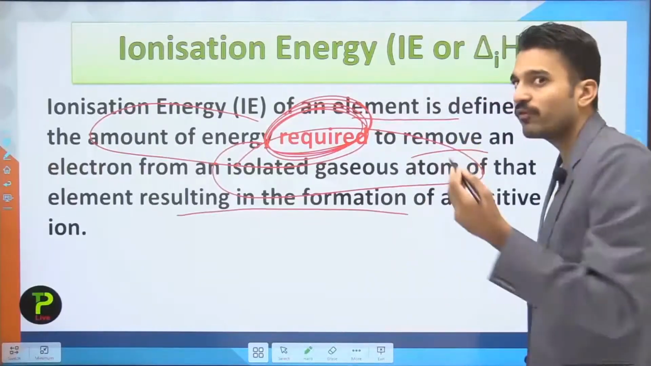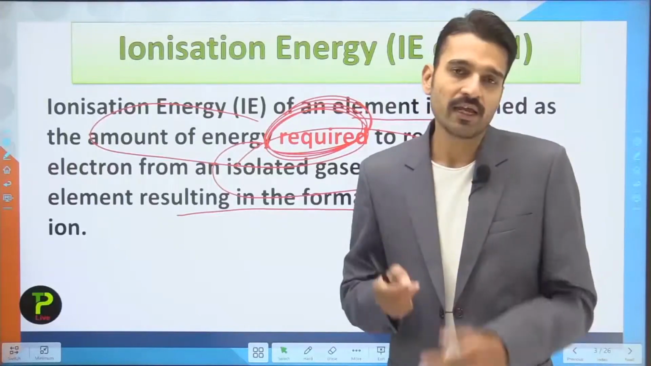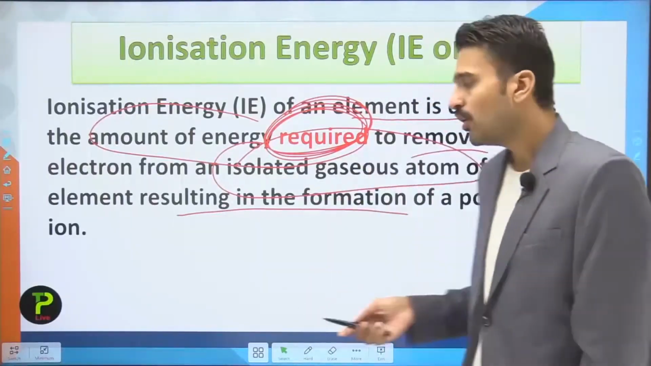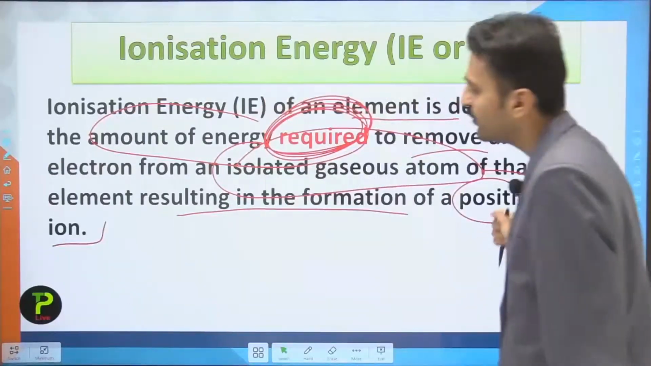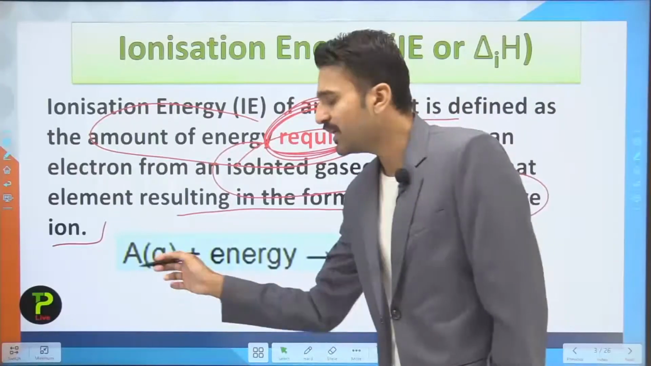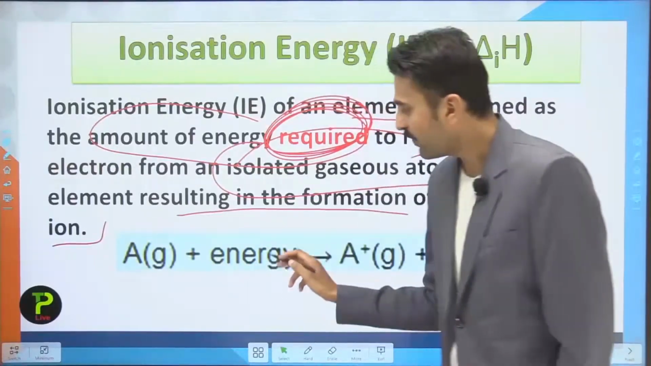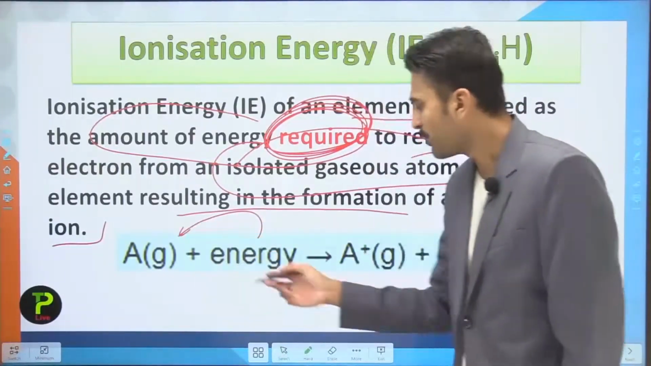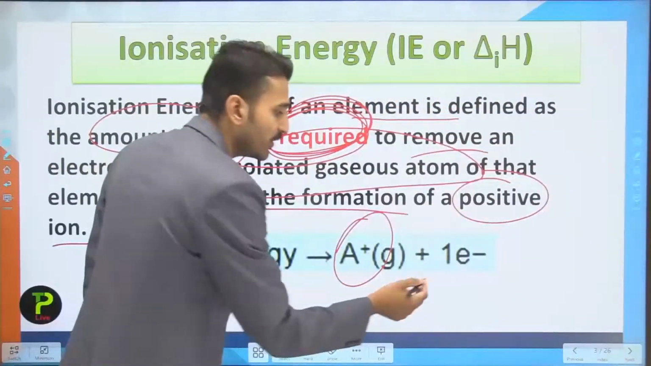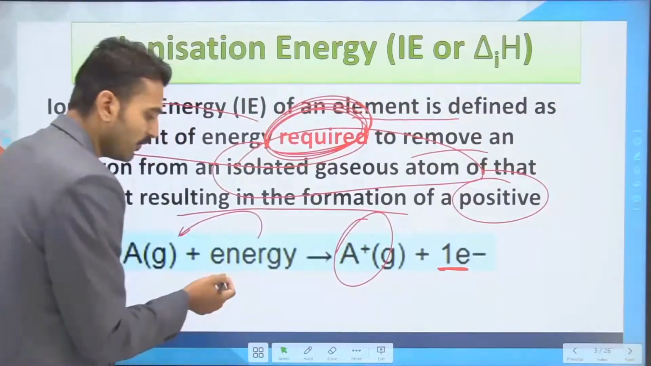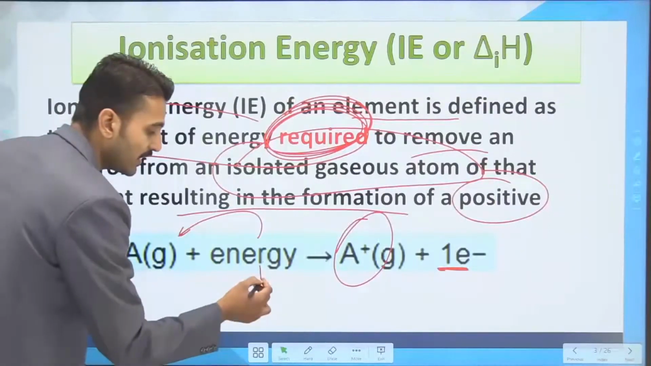After the removal of an electron, what happens? The atom automatically changes into an ion, which we call a cation or a positive ion. Just for an example, A is an atom of any element. If I provide some energy, it will convert into A plus, the cation, and it will remove one electron. The amount of energy required to remove one electron from the outermost shell of an atom is termed as the